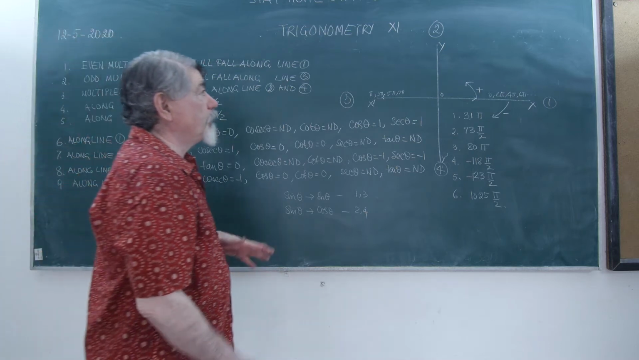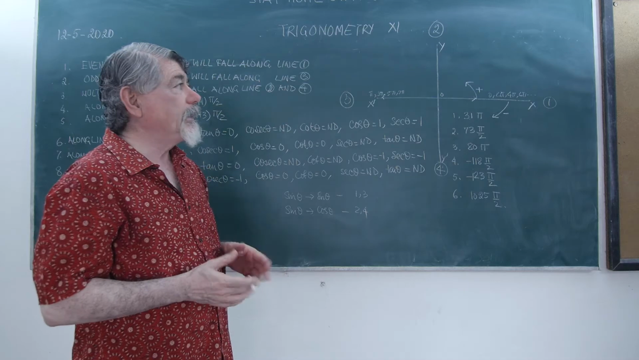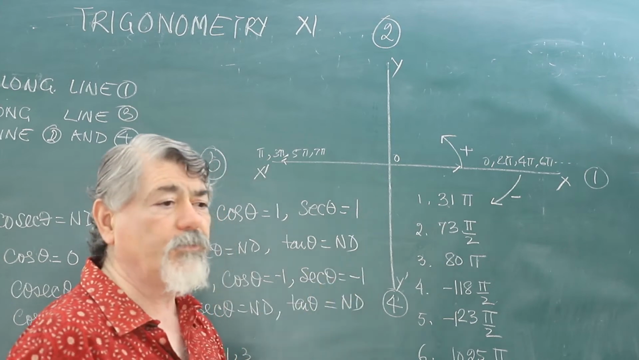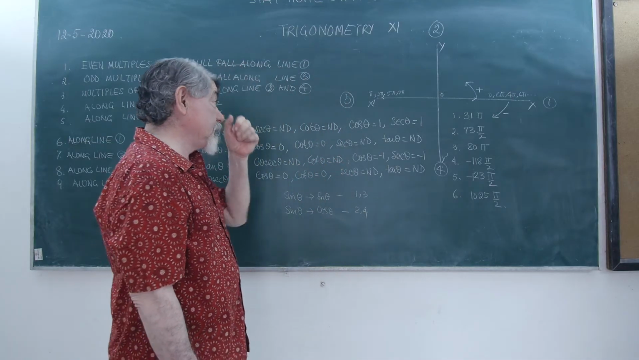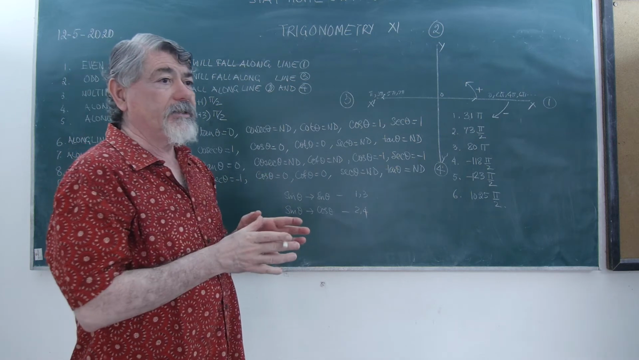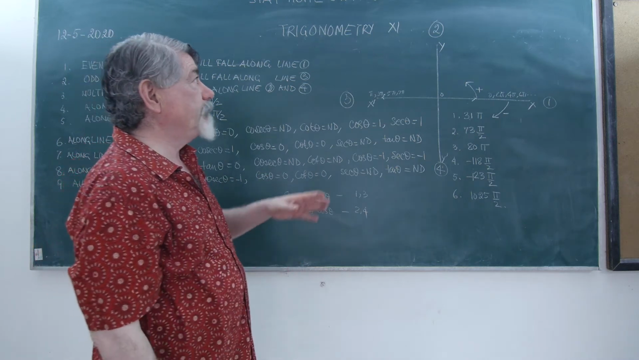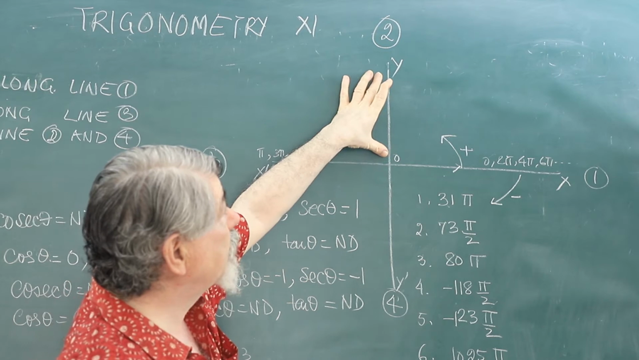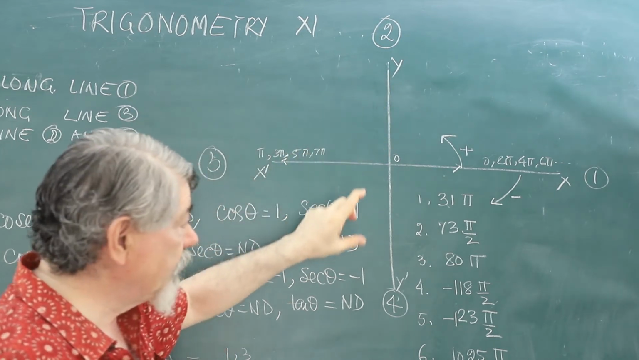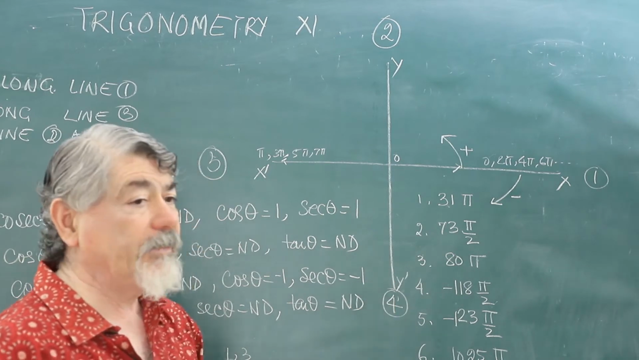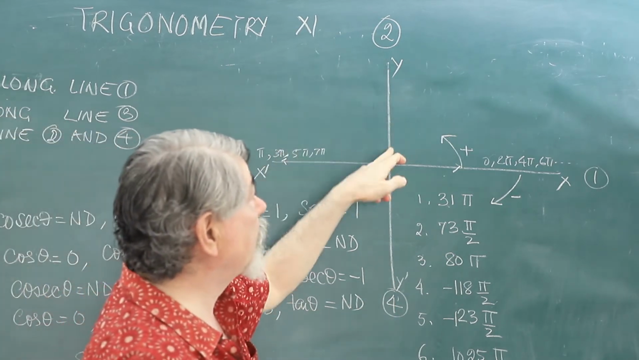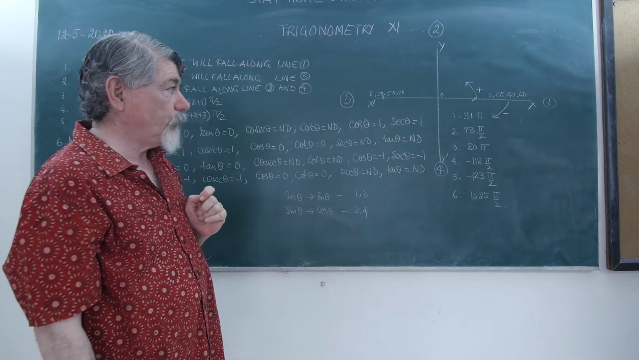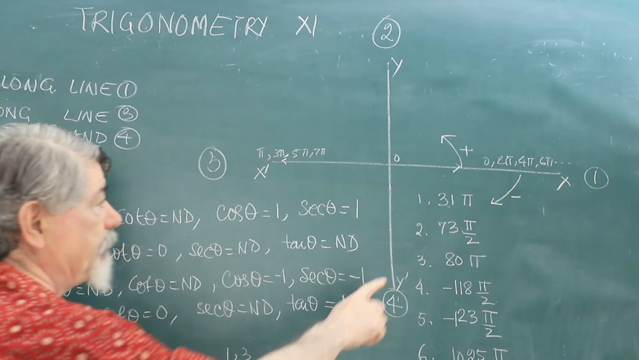The method is that whatever multiple of pi by 2 is given, to find whether it is going to fall along line 2 or line 4, we divide the number by 4. If the remainder comes out 1, it will fall along line 2. If the remainder comes out 3, it will fall along line 4. For example, if it is 73 pi by 2,